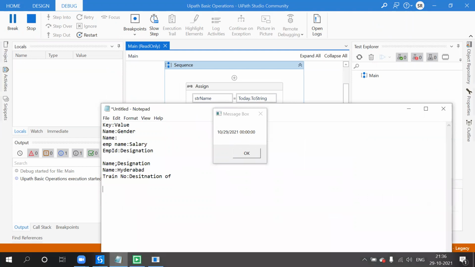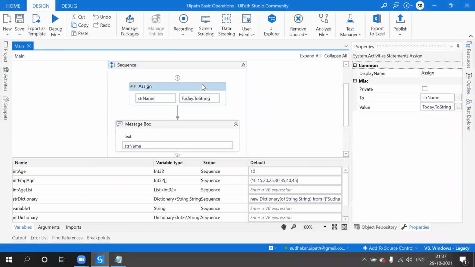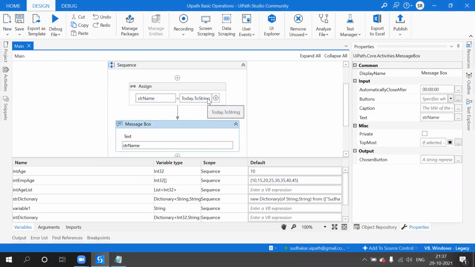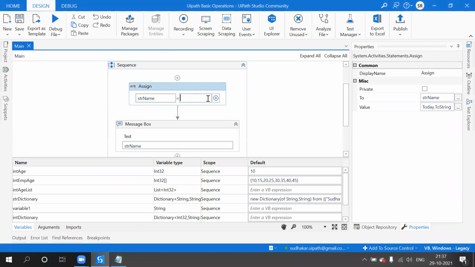The format of the date is, by default, they will ask you this, MM/DD/YYYY. So the first one is month, the second one is date, DD. And then the year, 2021, 4 digits, followed by time 00. So it is not displaying a time. So this is the date. Otherwise, this is one of the ways.